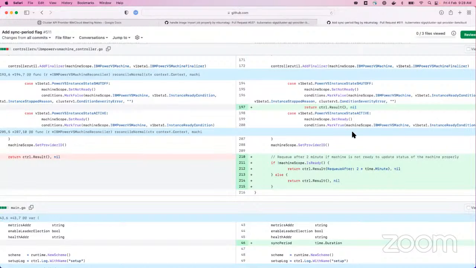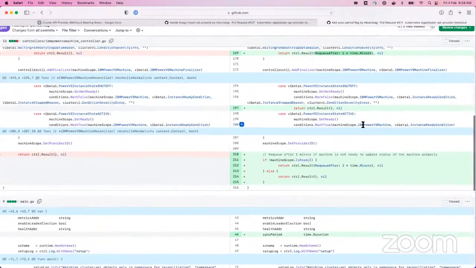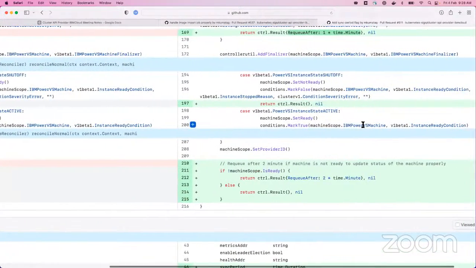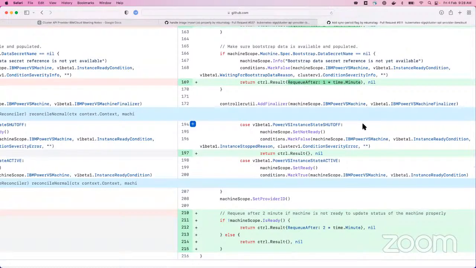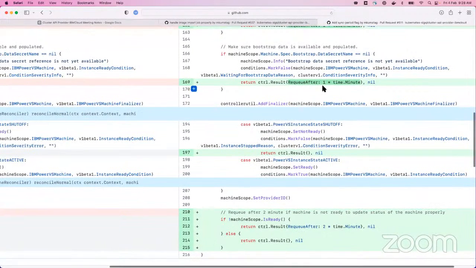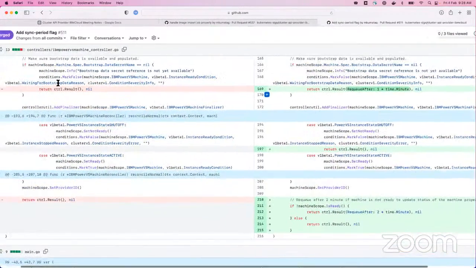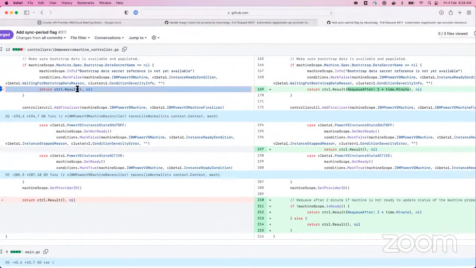That's always problematic, because someone else will be waiting on your machine for some other operation, so that will delay. So the best way of doing that is to control your requeue period, right? Here, while returning the result wherever,